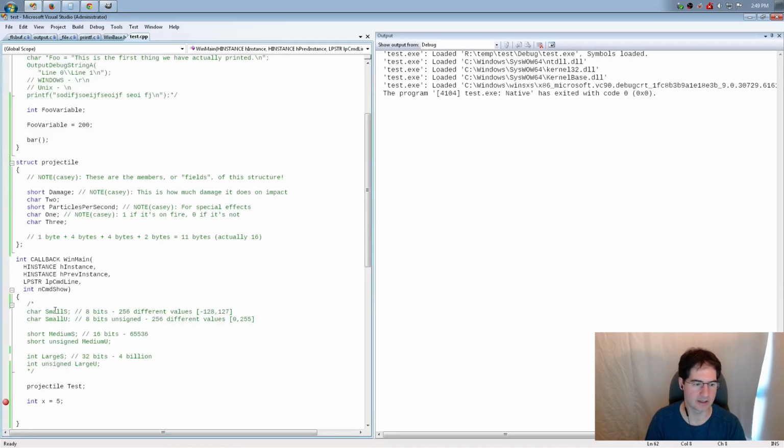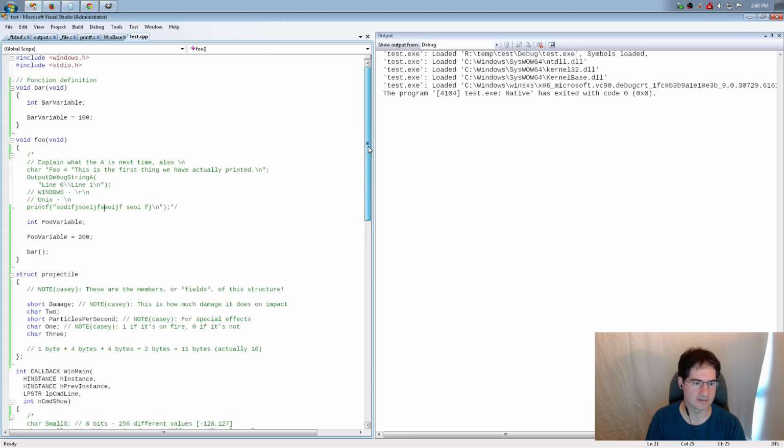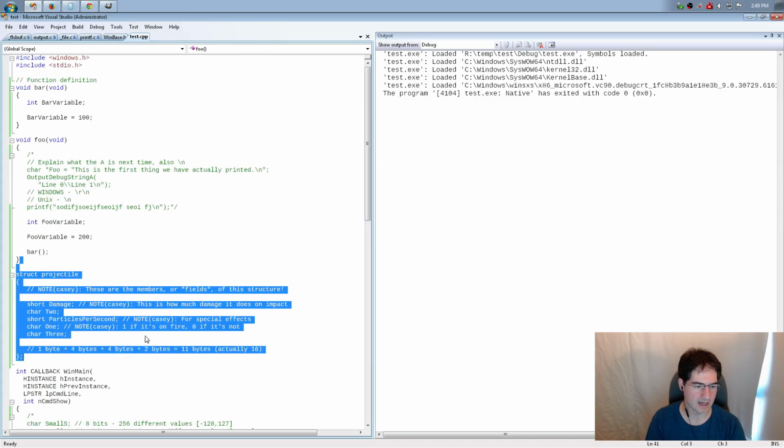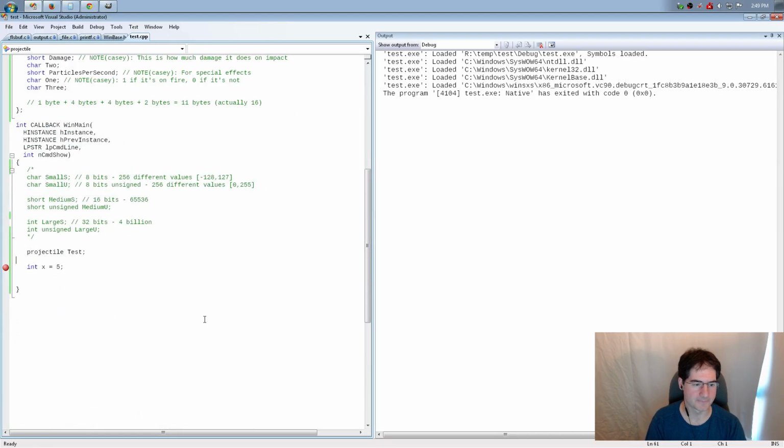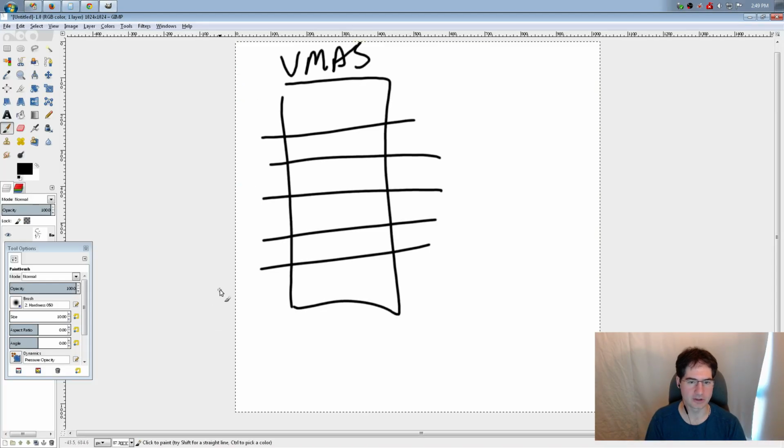And you look back here, and we came into WinMain. So we were in WinMain having a good old time, and I tried to declare this local variable. It's a projectile, this big, a 16-byte structure or something, that I want to declare. I talked about the fact that it goes on the stack. Well, what is the stack? And I showed how you could go look at where the memory was and that sort of stuff.